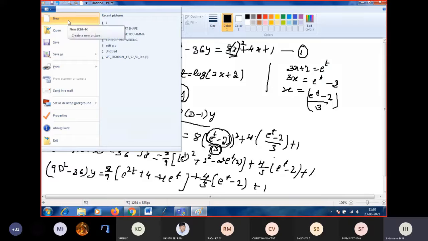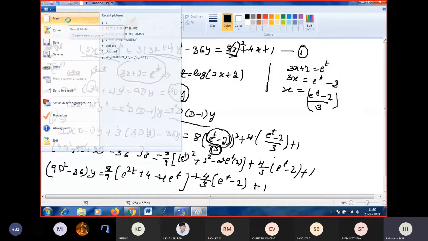Up to here, is there any doubt? Because I am going for the new page. Is there any doubt? Yes or no? No. Okay. Move to the new page. Please all of you tell this value. Okay. So then I can continue with that.